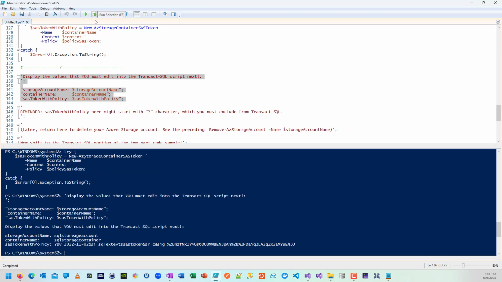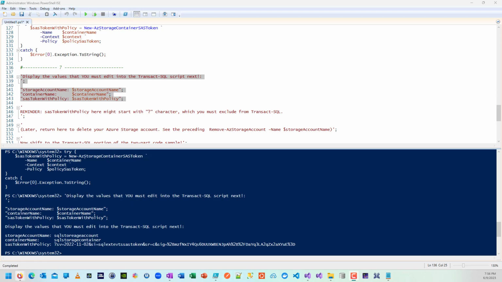Now, at this point, we're done with the setup of the storage account. And all of this has to do with the fact that you're doing something at Azure instead of doing it locally. So now we're ready to move on to part 2. And part 2 is related to SQL Server. So we're going to need to pull up SQL Server and connect. Now to do that,